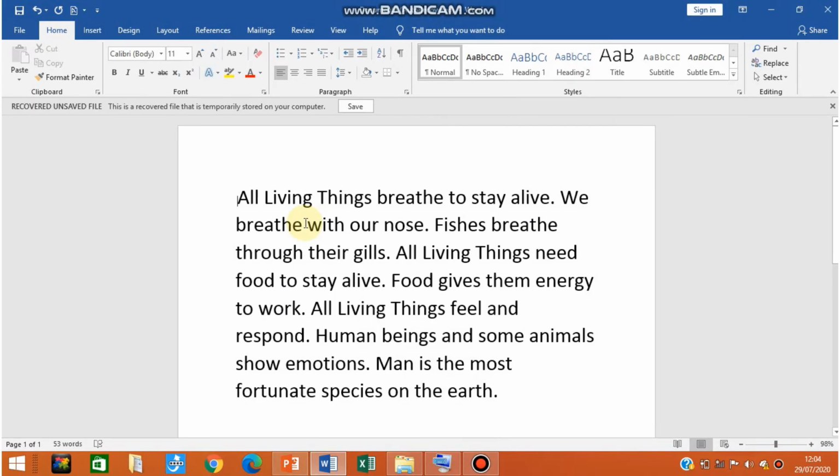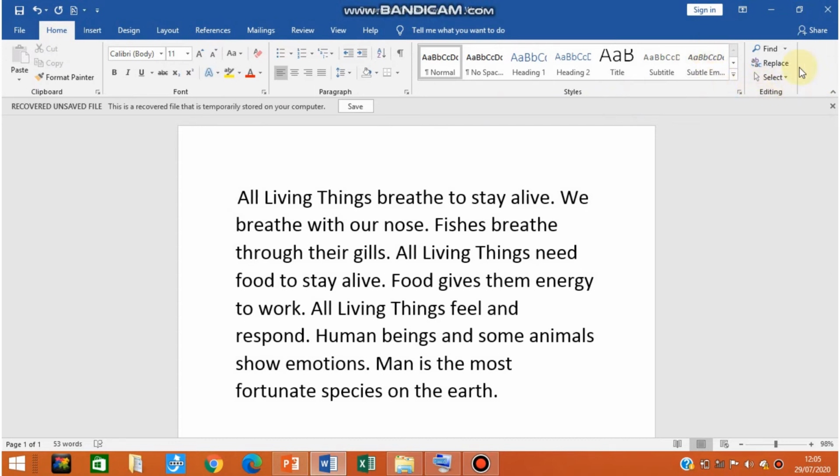Going to see the next term in the chapter, that is find and replace. First you have to bring the mouse pointer at the beginning of the document. After that, go to the Home tab. Inside the Home tab, you will find one section of editing.